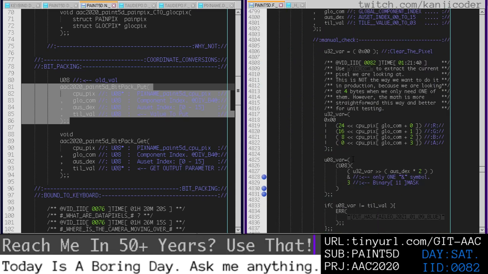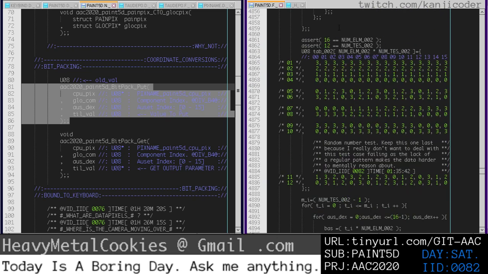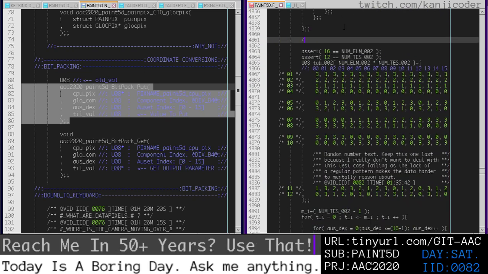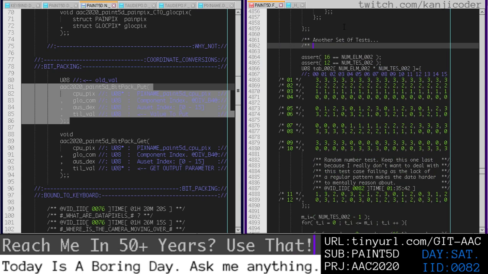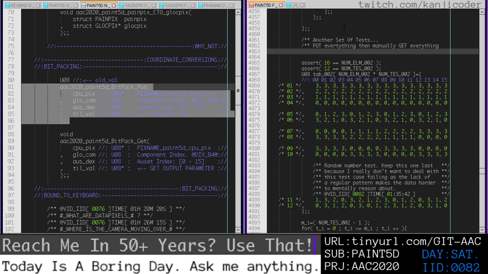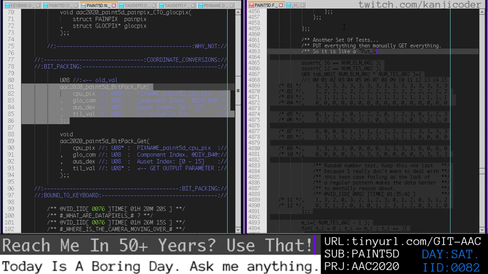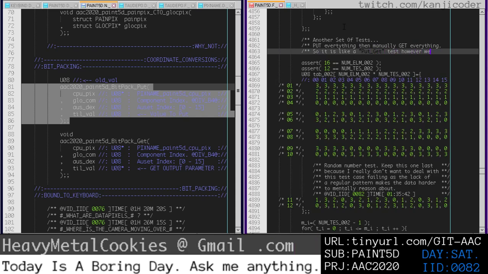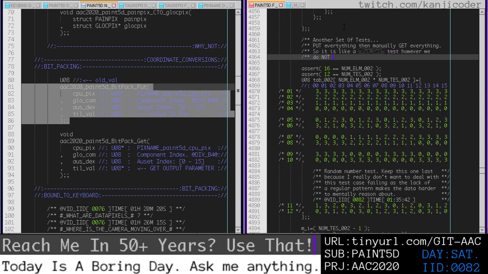Do we want to explain what the heck is going on here? I think that an explanation might be useful. So, another set of tests. Get, put everything, then manually get everything. So it is like a put get test, however we do not use the